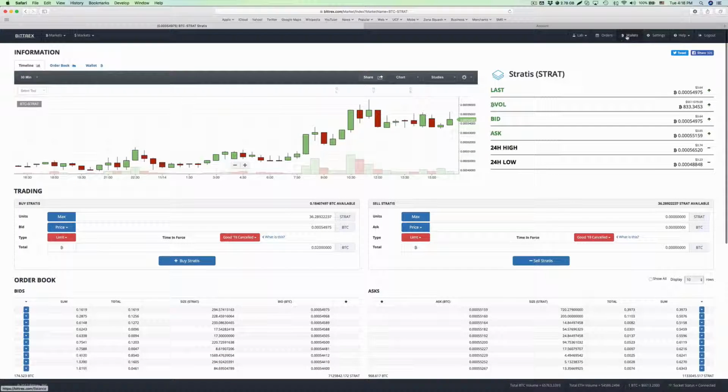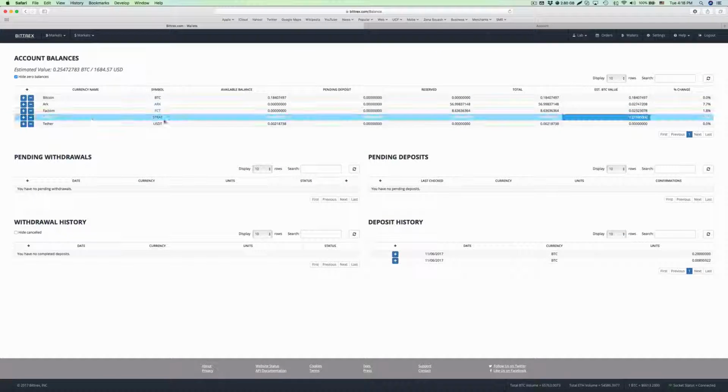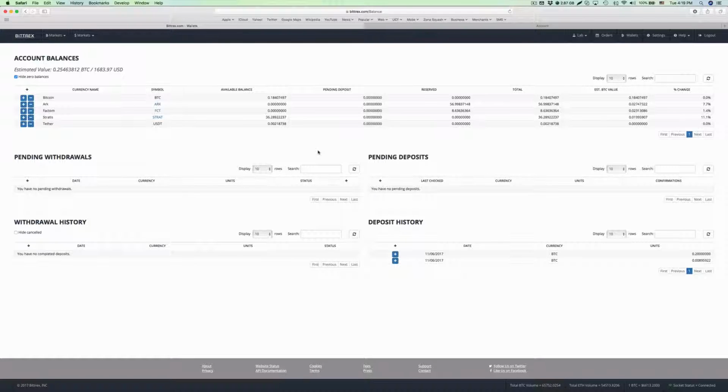So if I go back to my wallets, I have 36.28 Stratis. Great. So now what I'm going to do is hold on to this Stratis until I reach the desired return. And the way I do that, I'm going to set up a stop loss, so I don't have to keep an eye on my trades. I just set up an alert, which I'll do in a little bit, and set up my stop loss. So my trade is going to work for me while I'm doing my other regular tasks in my day and other businesses that I have to look after. So this is the cool thing about setting up a stop loss, because you can make your money work for you, based on the leverage of trading